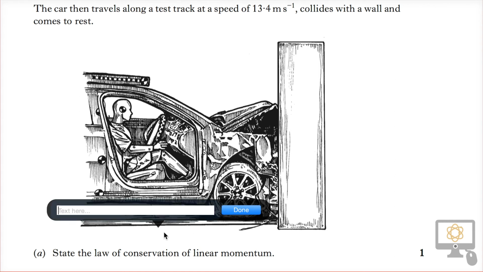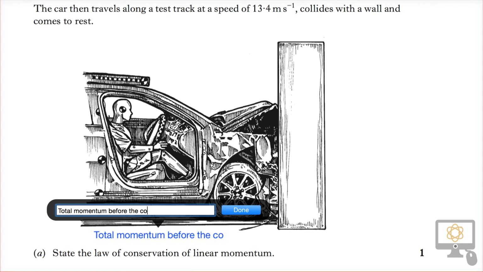I'm just going to do it up here above the line. The first thing to say is that to get the full 1 mark, you need to say a couple of things very clearly. Usually, you might say the law of conservation of linear momentum is that the momentum before the collision is equal to the momentum after the collision. But you must use the word total. The total momentum